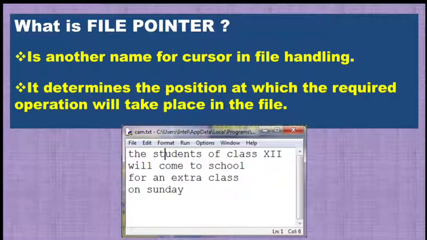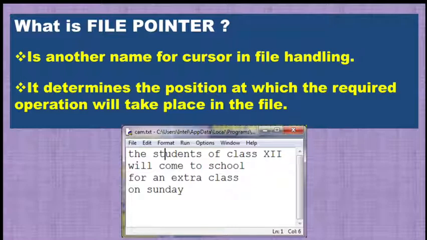And wherever that cursor is present, from that place only you start writing on that text file, right? With the same reference, here we have another name for that cursor called file pointer. So file pointer is nothing but another name for the cursor which is present in every file.